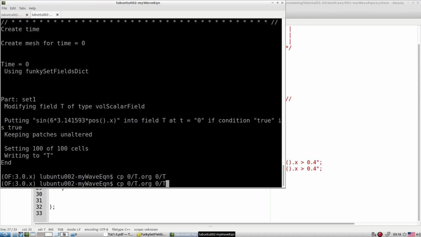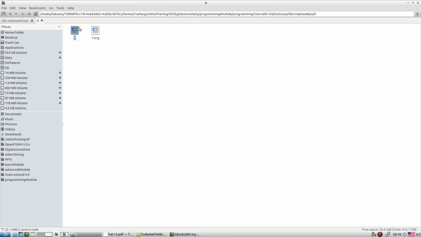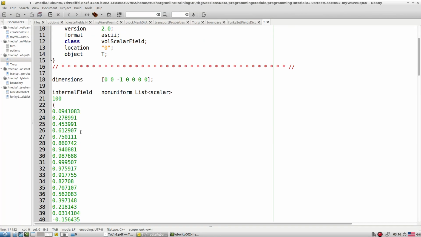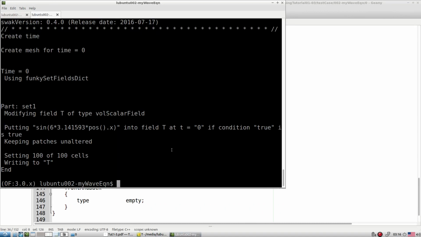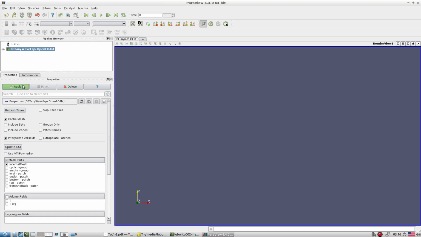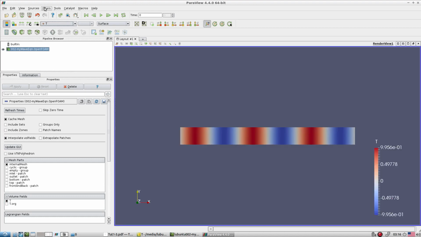Now if we run funkySetFields, this file will have the initialized field based on our funkySet functions. If you want, you can look very quickly in ParaView at how exactly it looks. So this is the initialization that we did.